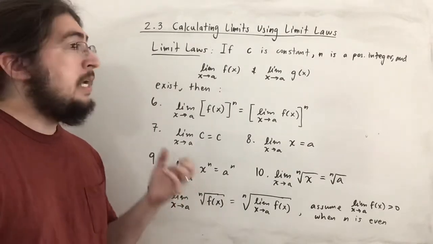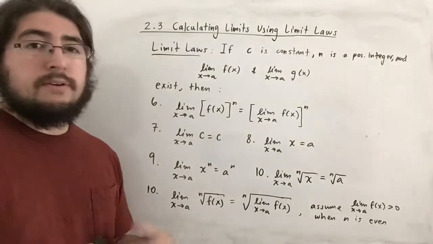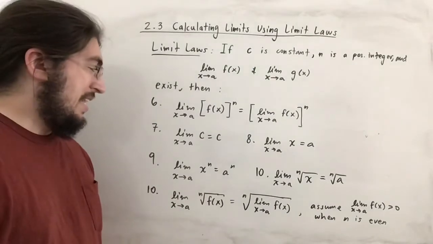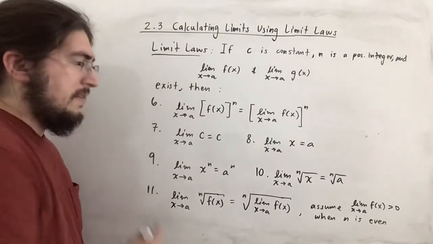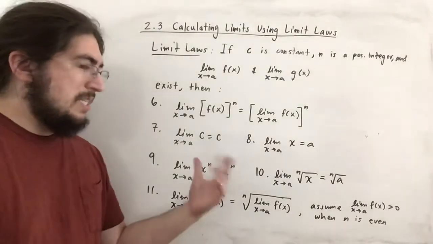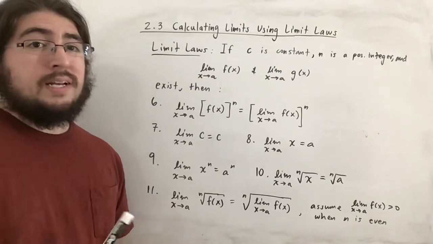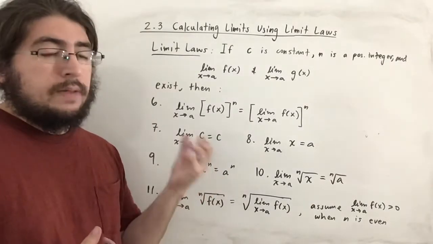But at least we see the use of the limit laws and we know that they're true, and I've listed them out here so that we can see that they are indeed a thing. And, for whatever reason, label this as 10, that was 11, so otherwise there'd be two 10s. Okay, good. So after that, we're not quite done yet though, because even though 2.3 is basically entitled limit laws,